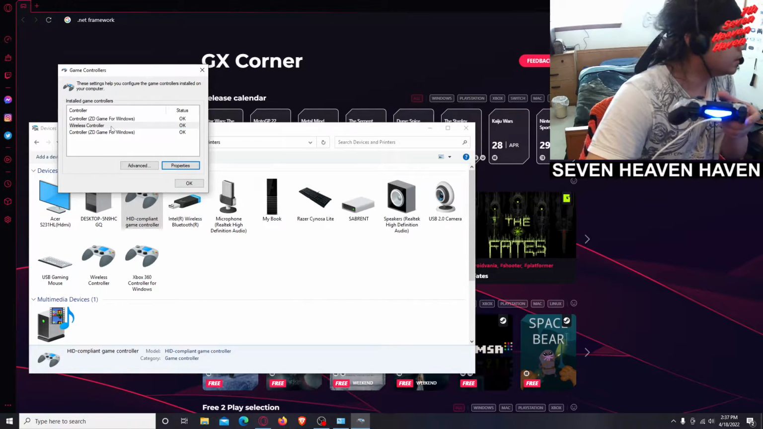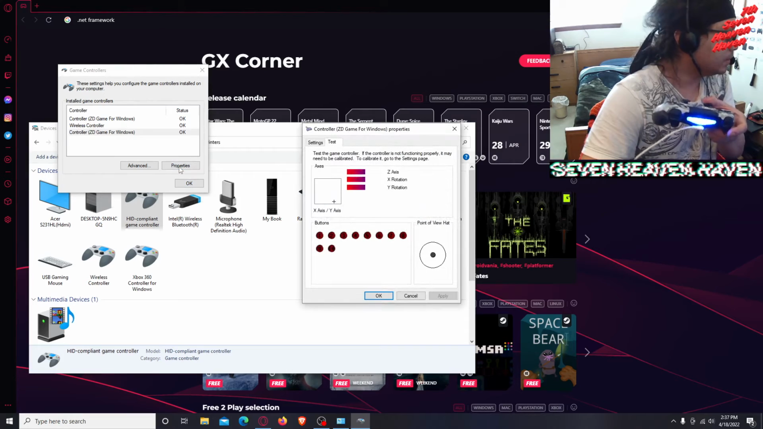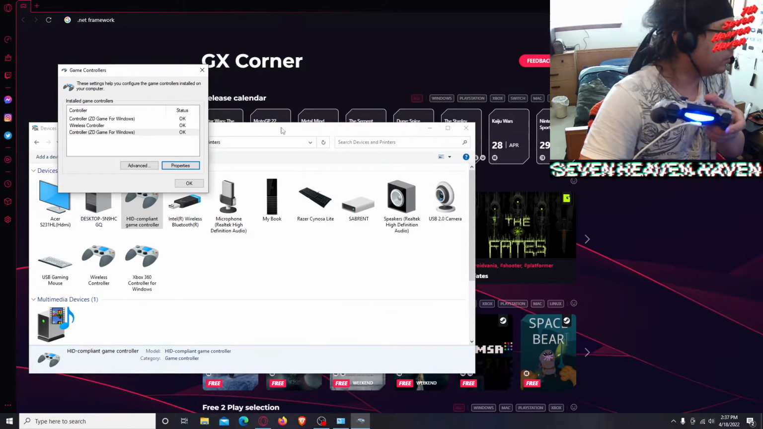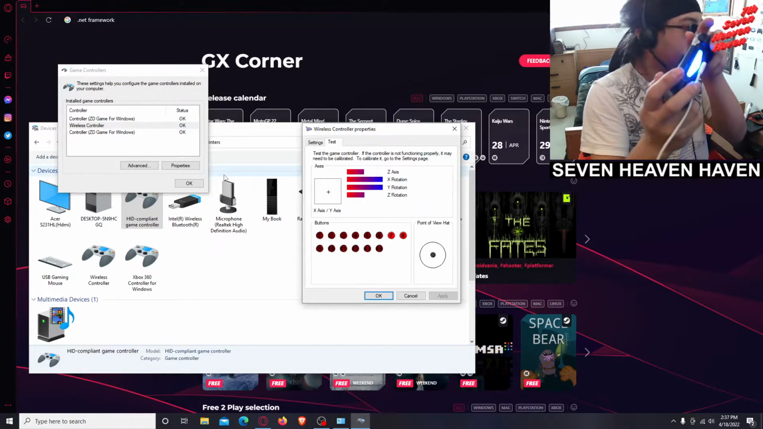So it's basically the second one, because I got 3 of them. There's 3 things installed, 3 of these options. So it was this one. Let me check. It's the last one, the wireless controller. See, it works. If I press a button,